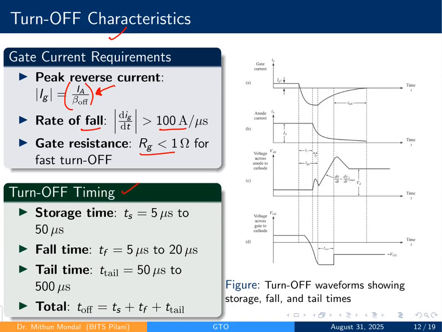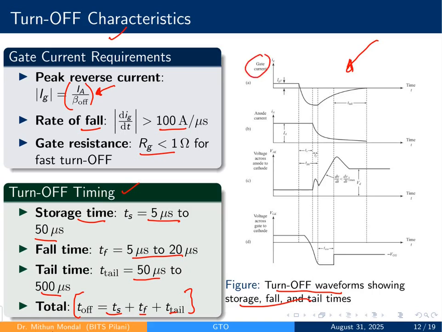Turn off timing: the storage time is around 5 microsecond to 50 microsecond, the fall time is 5 microsecond to 20 microsecond, and the tail time is 50 microsecond to 500 microsecond. So the total off time of the GTO is the summation of the storage time, fall time, and tail time. The turn off waveform, which shows the storage, fall, and tail times, is shown by this characteristic,